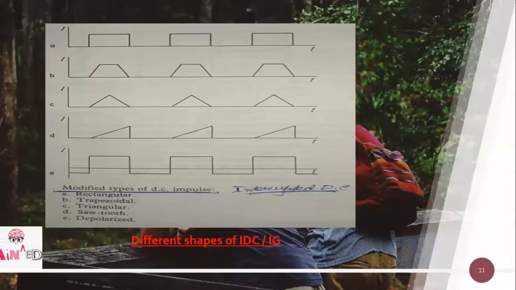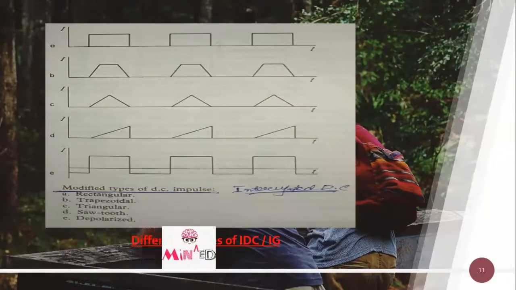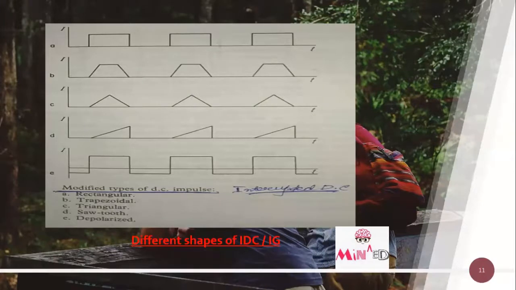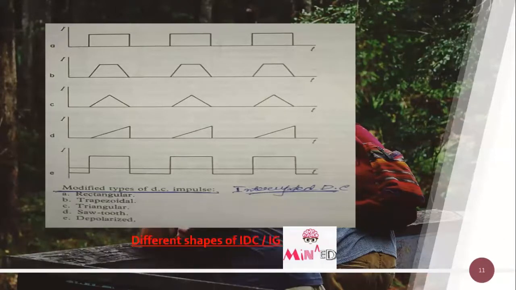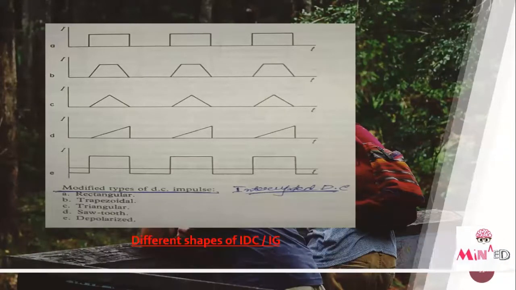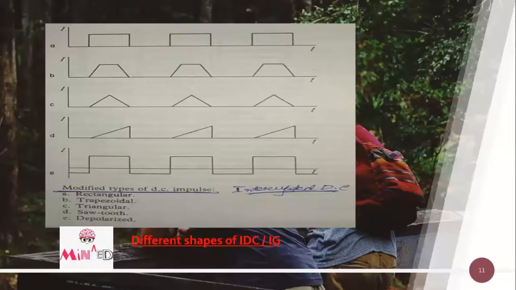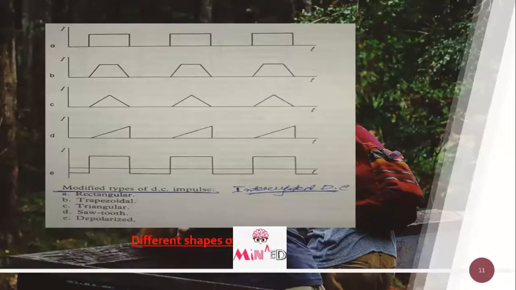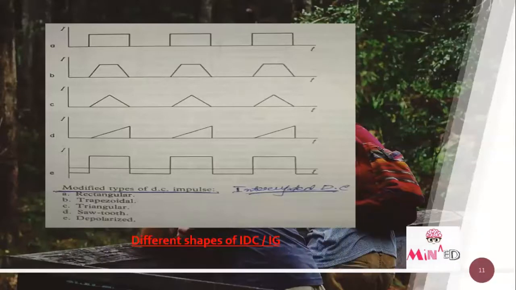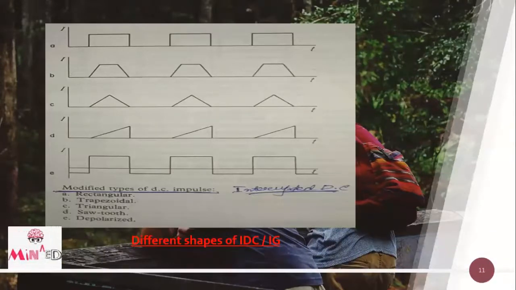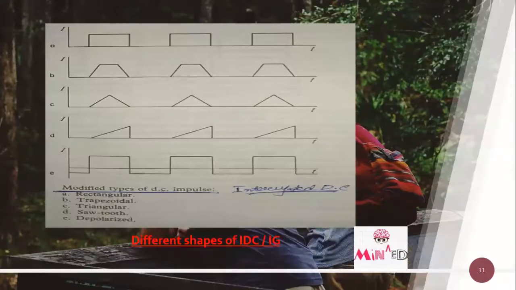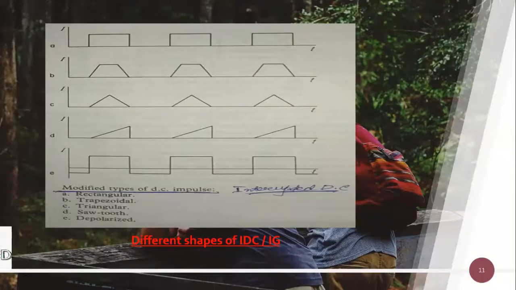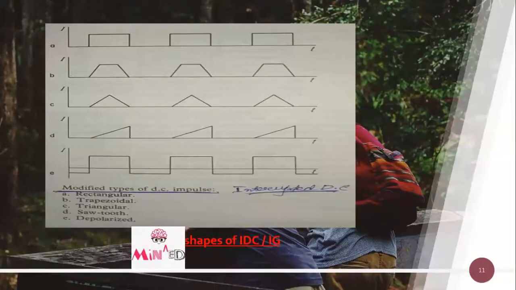Again, one is the triangular type, that ramps up like an increasing type and comes down in a ramp, with no staying. One is the sawtooth type, increasing like a ramp and coming down suddenly. And one is the rectangular type that has both polarities, the positive phase and the negative phase also. In the negative phase, we do not apply IDC, we only use the positive phase of the IDC.